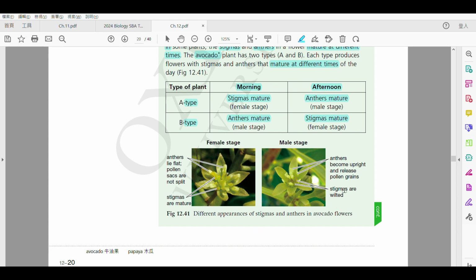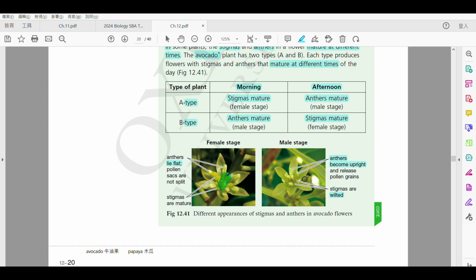好啦，just to let you look at the photo. This one is not out of syllabus，呢樣嘢唔係 out syllabus 嘅，so it may also be tested just for you to know。好啦，as you can see, they are lying flat，即係代表係點啊？They are not ready，they are not mature 嘅，得唔得？So this is definitely morning，OK？呢一個係早晨嘅時間啦。Assume this is morning，and then the stigma is mature。你望到嘅 the stigma is mature，and then so this one is type A flower。好啦，但係啦，if this is morning，但係你望到啦，this time the anther 係 upright 啦，係企得好正直嘅，得唔得？